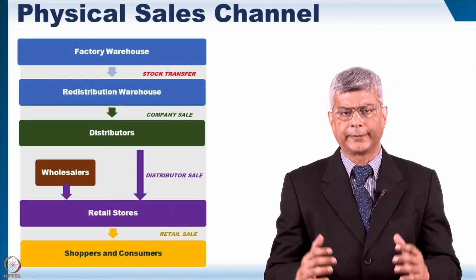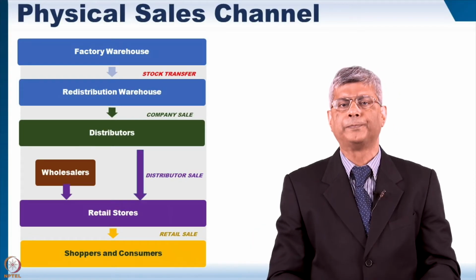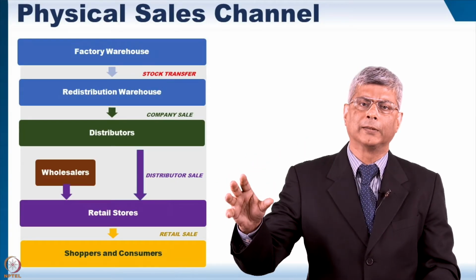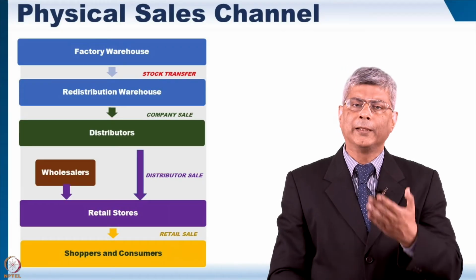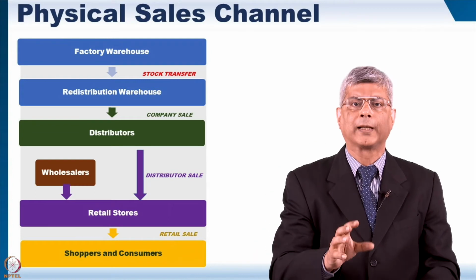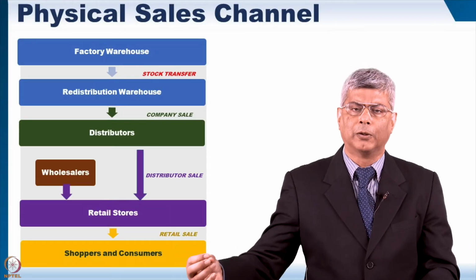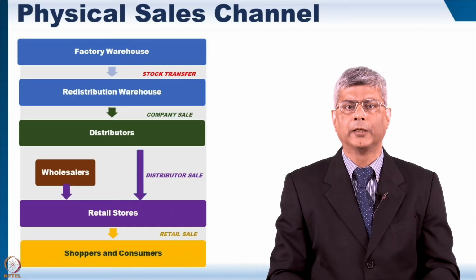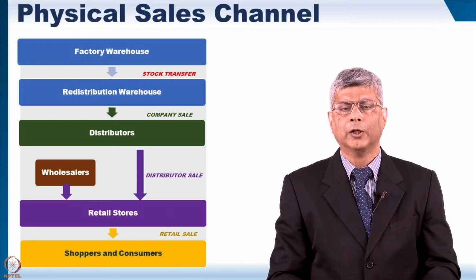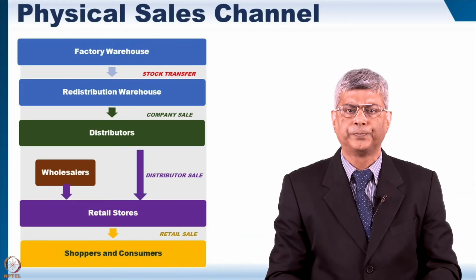If it's Apple, for example, a global brand made by, let's say, a Foxconn company in China, Foxconn will have a warehouse next to the China plant. That will be called a factory warehouse. But then to distribute it across Africa, Apple may have redistribution warehouses or distribution warehouses in many countries in Africa, Middle East, or Philippines, Malaysia, Indonesia, or in European countries, East European countries, and so on, or Brazil. So one factory warehouse or a few factory warehouses to many redistribution warehouses.